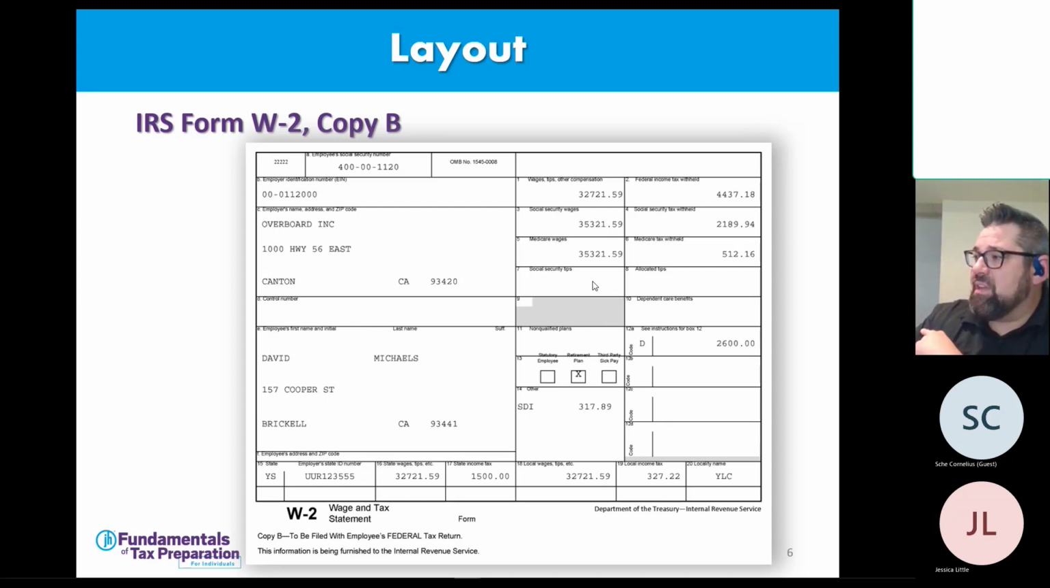Social Security tips is where you'll see it. Allocated tips is when someone didn't report their tips to their employer, so their employer basically said, well, in all likelihood, this person earned X amount in tips, and so they go ahead and put it in there. Box